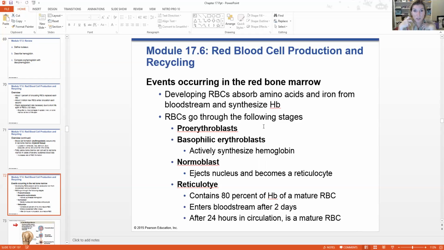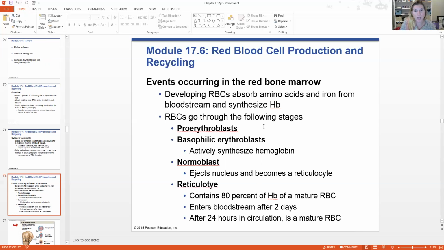So, we're putting these nutrients into our body. Our cells are breaking them down, releasing amino acids and iron through the blood. And then our red bone marrow is soaking that up. Our red bone marrow uses that to create hemoglobin. So the red blood cells go through this process of erythropoiesis. They start as proerythroblasts. From proerythroblasts, they're going to develop into a